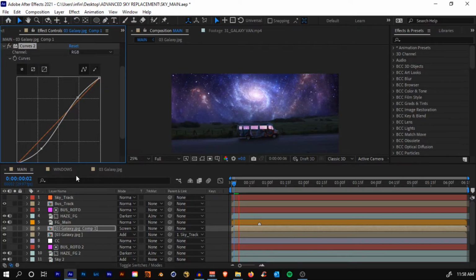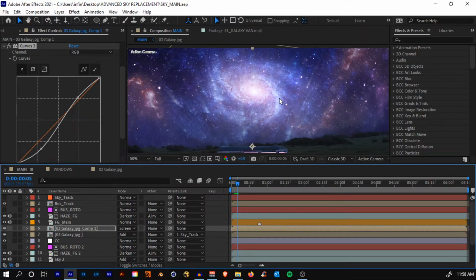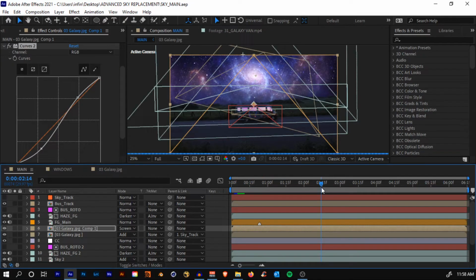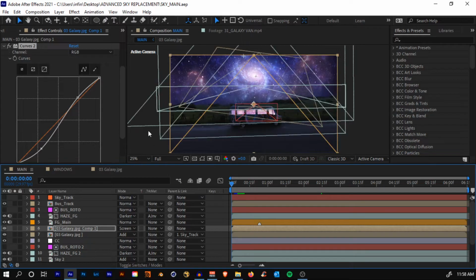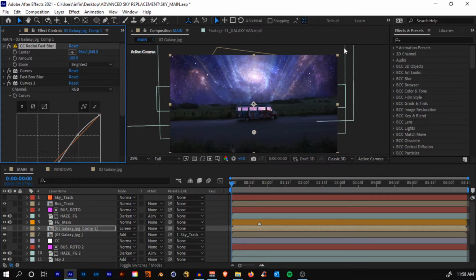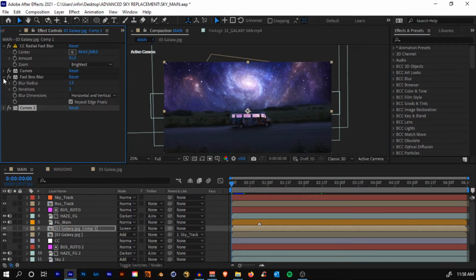Yeah, so you see here is the before and here is the after. It just adds a little more life to our scene. Yeah, this looks good. If you want, you can always increase the amount as per your liking. You can also keep it to appear like God rays, just get it down. If you don't want it to be sharp, you can hide the fast box blur. You can do stuff like that.